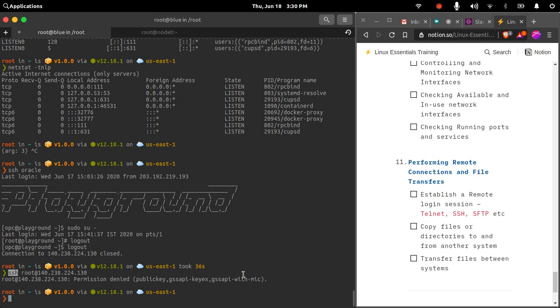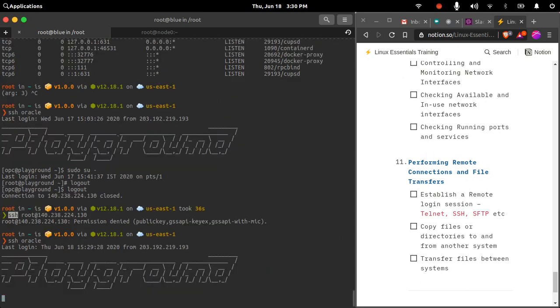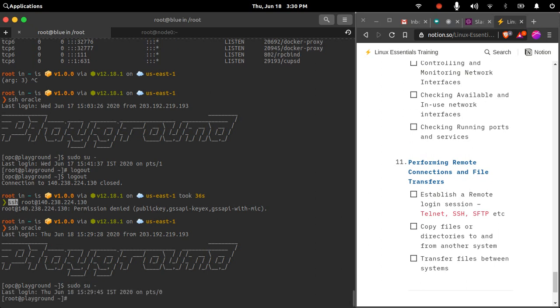I have disabled password based authentication, so the system will deny access if you provide a password instead of a key file. Right now I have configured it to connect with the help of a key file. With SSH you can connect to systems remotely, and it is also secured by default.